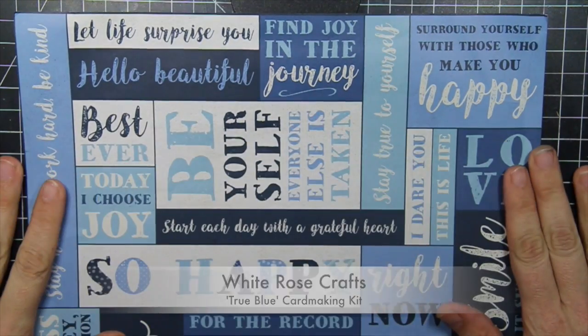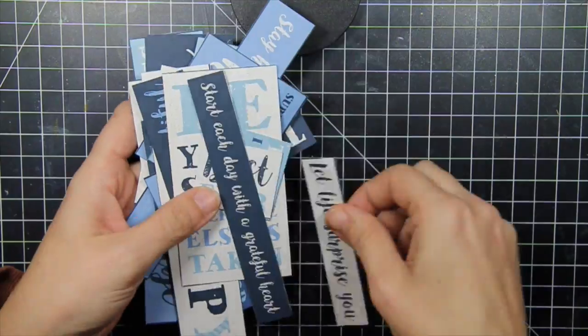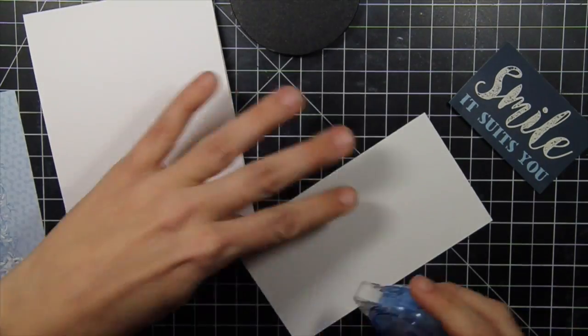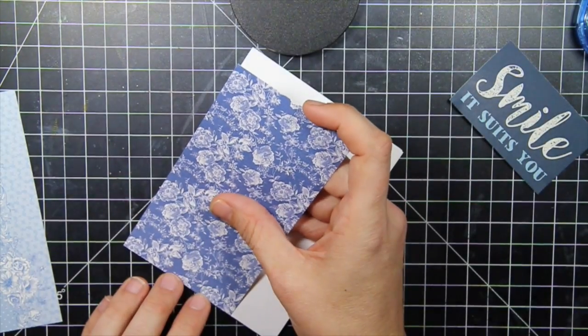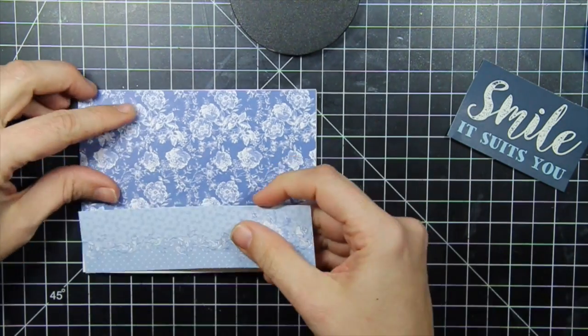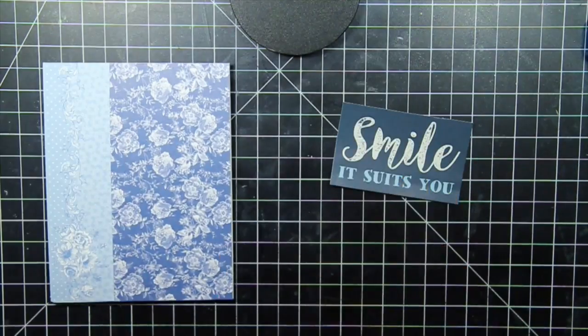And the first thing I'm going to do is take this 12 by 12 topper sheet and turn it into individual toppers because, frankly, I can't use it in the 12 by 12 form. If you're not familiar with my series, this is where I make 5 fast cards using a kit and only, really, yes, I have card frames, I have some ink, I have adhesive, but really I'm just using the supplies that are in the kit to create simple and quick cards